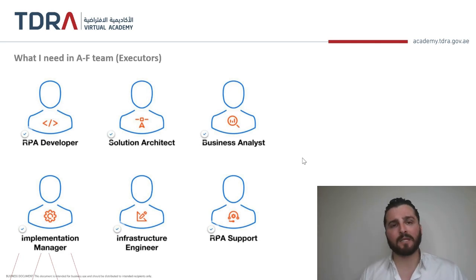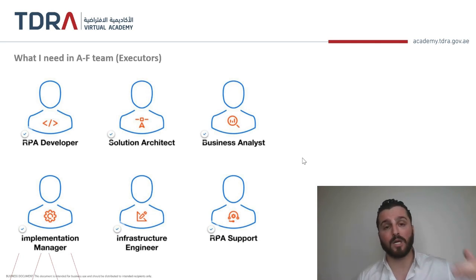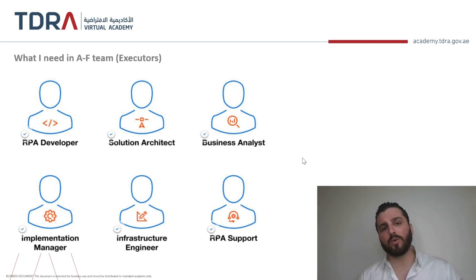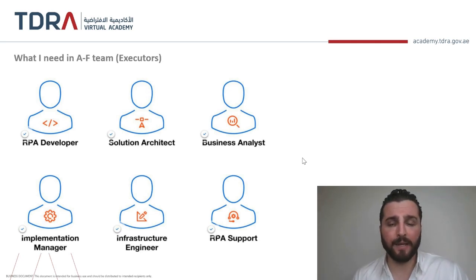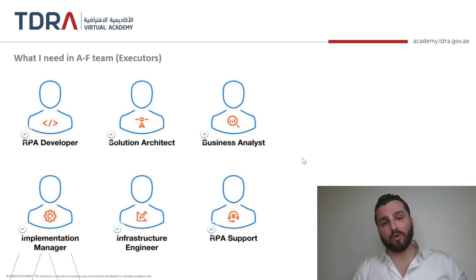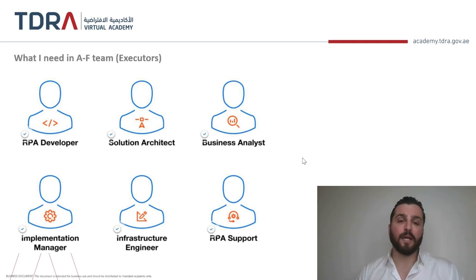Infrastructure engineers: sometimes we might require some changes or development, or maybe integration or updates for our infrastructure in order to integrate it with the RPA and make it part of the ecosystem in general. RPA support is the person who will always support any minor errors or mistakes in the overall ecosystem, or the person who will coordinate between all these group members as a guild support. We call it the guild support for the overall team.